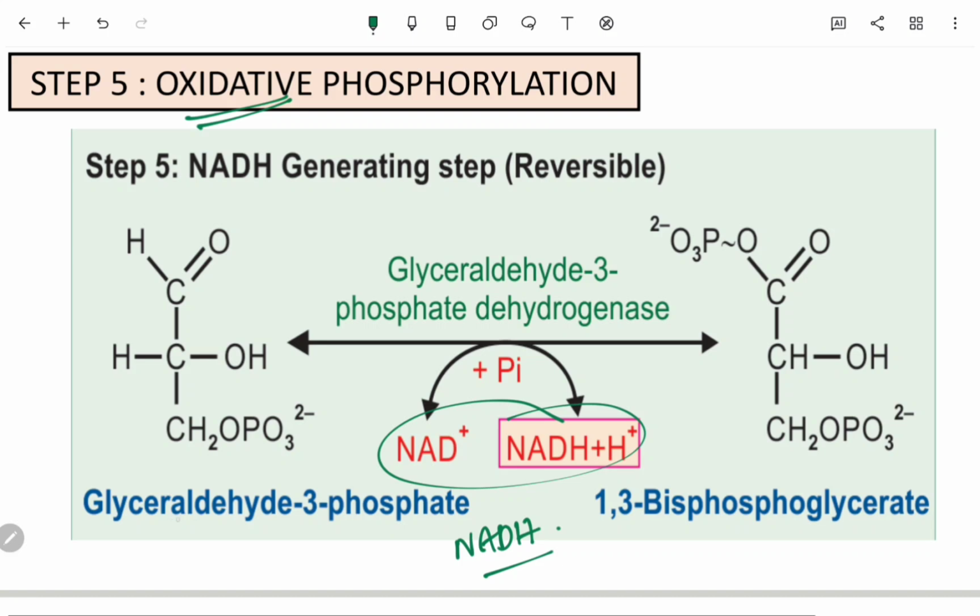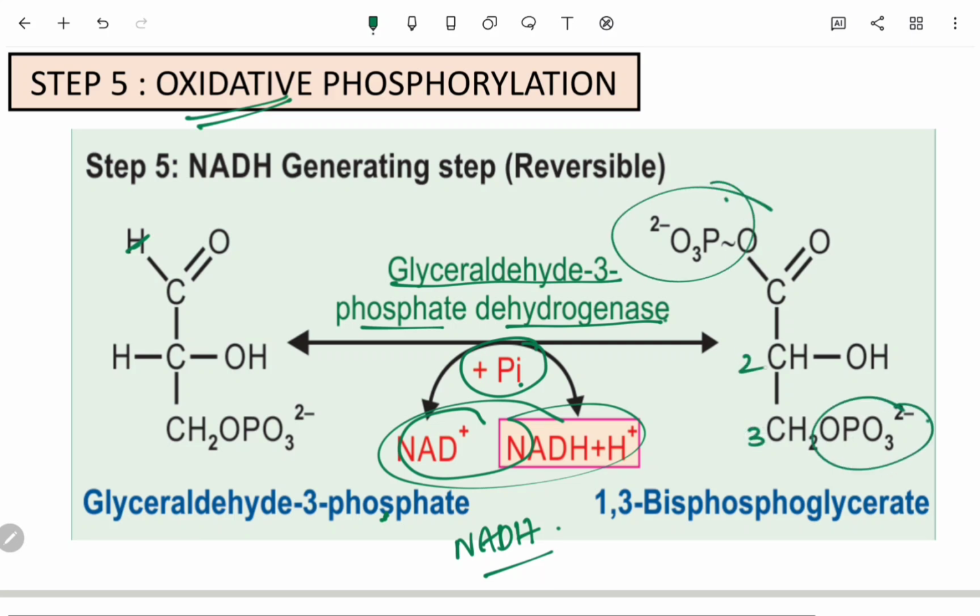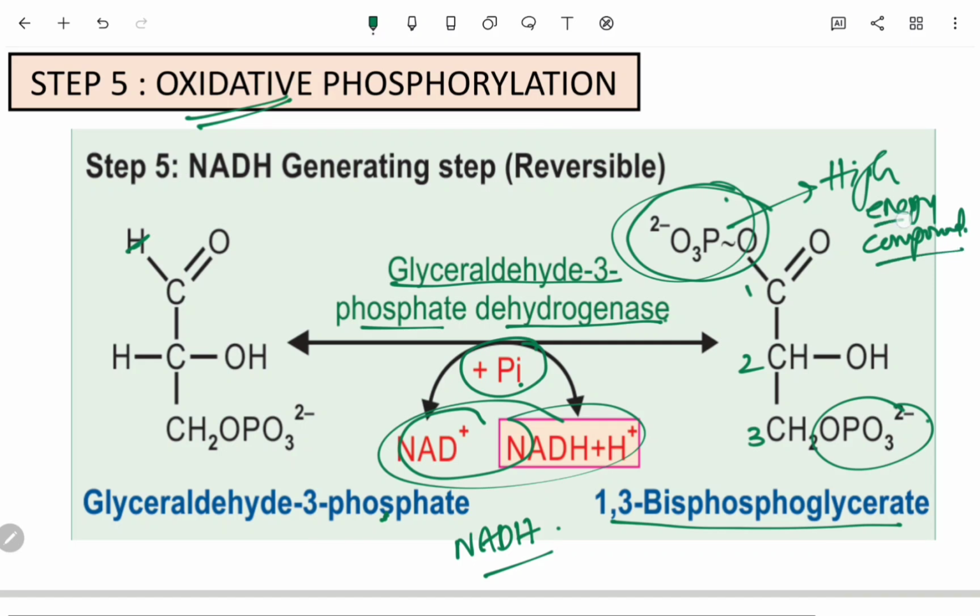So here you can see the glyceraldehyde 3 phosphate. Glyceraldehyde 3 phosphate is acted upon by glyceraldehyde 3 phosphate dehydrogenase, and this is an NAD dependent step. So here there is addition of one phosphate molecule also, and this phosphate is getting attached to this particular position like this. So the third carbon atom already has a phosphate group, and at the first carbon atom there is also addition of a phosphate group, and it forms the 1,3-bisphosphoglycerate molecule, and as you can see here, this is a high energy compound because of the presence of a high energy bond. Clear?